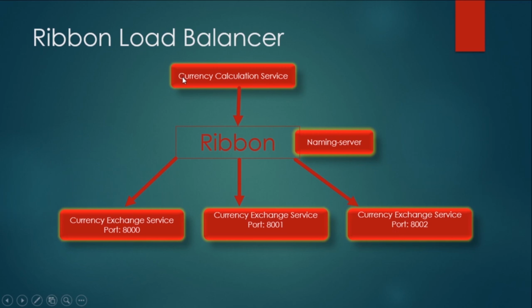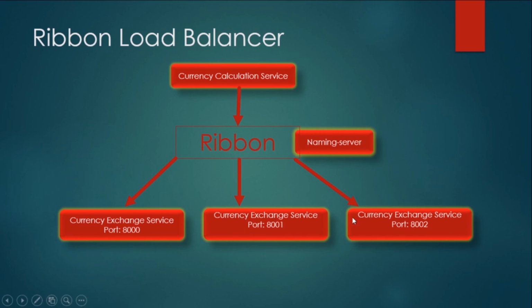So at a time, if we configure like one instance of this currency calculation service is going to fetch the data from currency exchange service which is configured at port number 8000. In the real time, if you have 1 or 2 requests, that will totally work fine. But what if you have 1000 requests at a time? Your currency exchange service will not be able to take the load and your application will crash. So to overcome this, we will be using this ribbon balancer feature, which will distribute the load between different instances